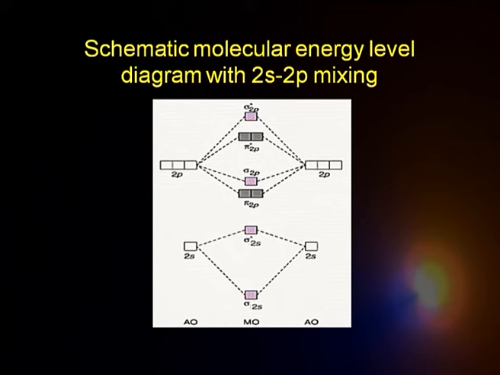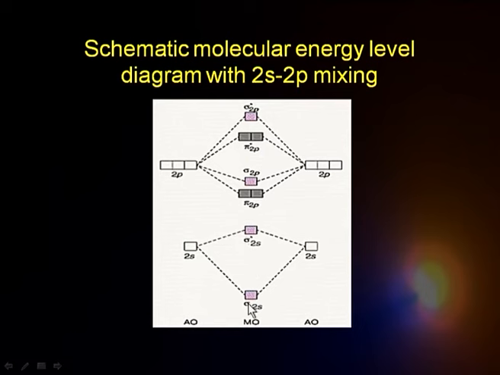So, this is the schematic molecular orbital energy level diagram wherein there is mixing. You can see there now. This portion is similar to what we had before. What I am showing here is that this portion becomes slightly altered. Even this is changed from the previous case, because in that case this energy was much larger. Now this energy is decreased, but that of this energy level has gone up. It was earlier somewhere here, now it has gone above this, and then there is a small change here too.